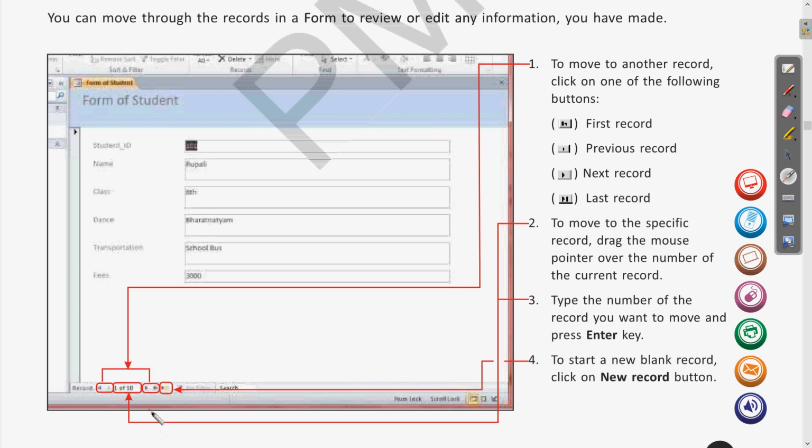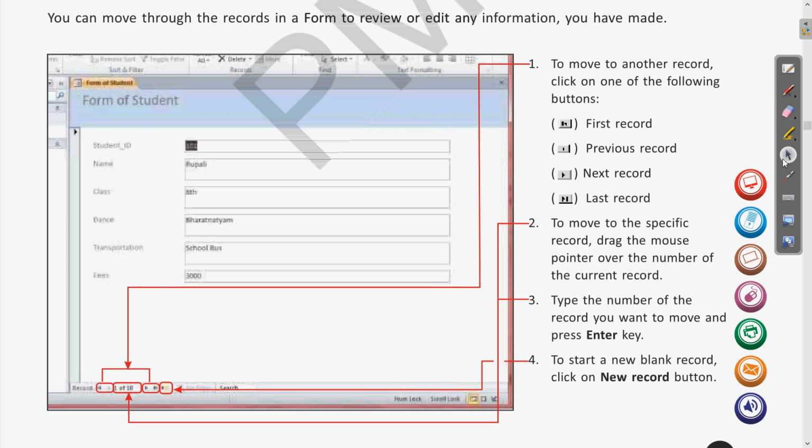So here at the bottom of this form, there are different control buttons, like first record, if you want to see the first record. Then as we use in different media players or other software, there we also have next and previous options. So here we have the same as well. So previous record, next record, and the last record. If you want to choose any of these, you can select the buttons accordingly. Let us see this.